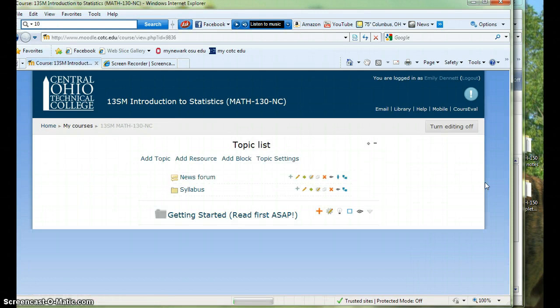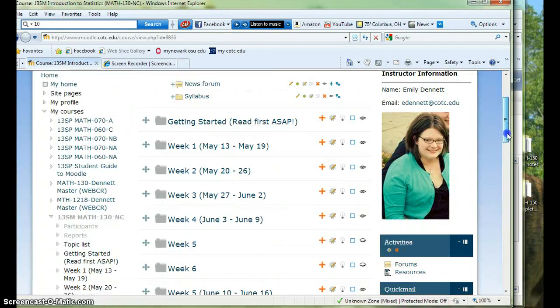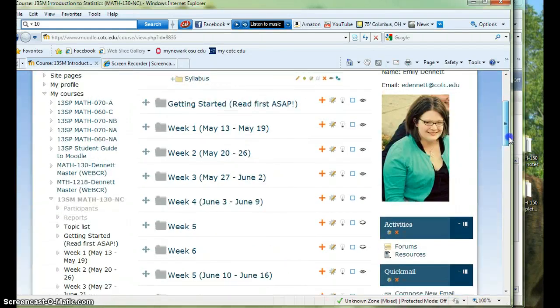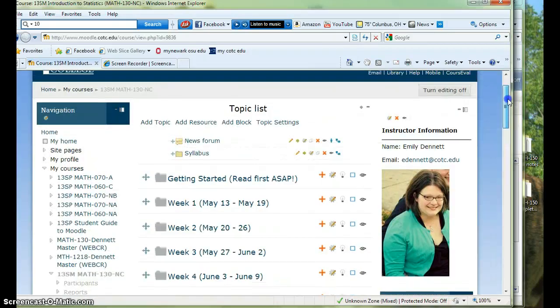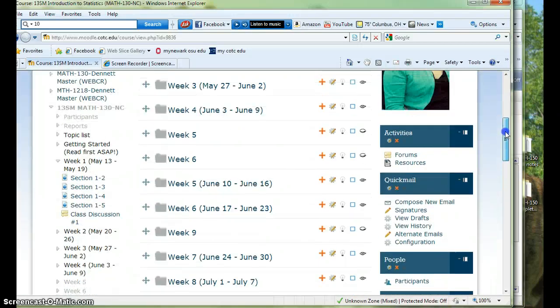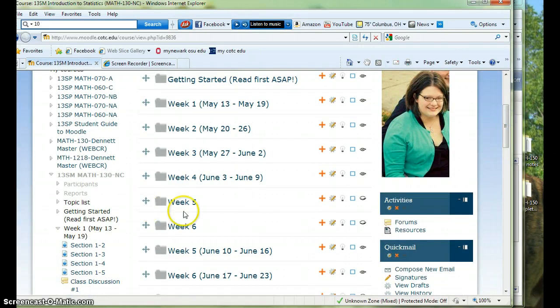Now I'd like to show you how to navigate each week. You'll come into Moodle, and what you really want to do, now there are 2 different ways you can navigate. There's this thing on the left hand where you can see a few things. Please don't use that. You miss a lot of information. I know it's tempting just to click on a section, but you'll see you don't see any explanation here. So when you open up Moodle, you want to be where it says topic list at the top, and where you see all the folders. Now mine shows some that you don't have,